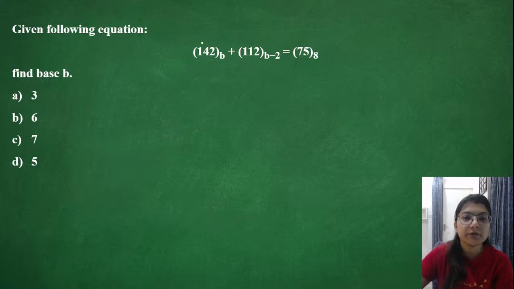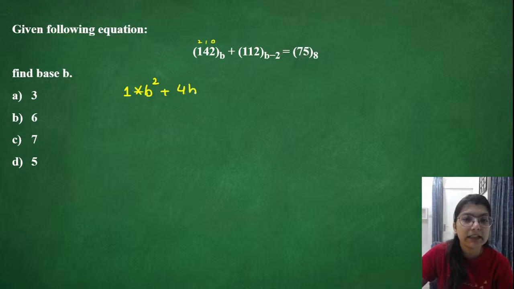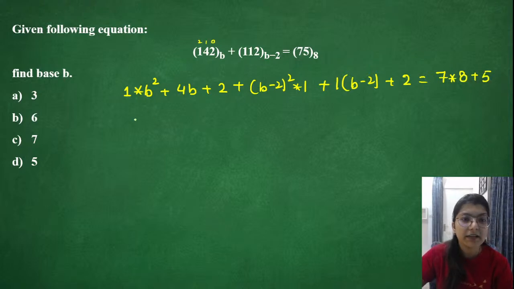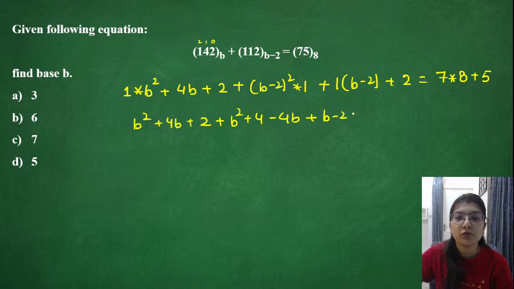So what we will do, we'll first convert all this into decimal. So how do we do it? We open it and we multiply it with the power. So 1 multiplied by b square plus 4 multiplied by b plus 2, plus (b minus 2) whole square multiplied by 1 plus 1 multiplied by (b minus 2) plus 2 equal to 7 multiplied by 8 plus 5. Then we have b square plus 4b plus 2. So we'll open this bracket, it will be b square plus 4 minus 4b plus b minus 2 plus 2 equal